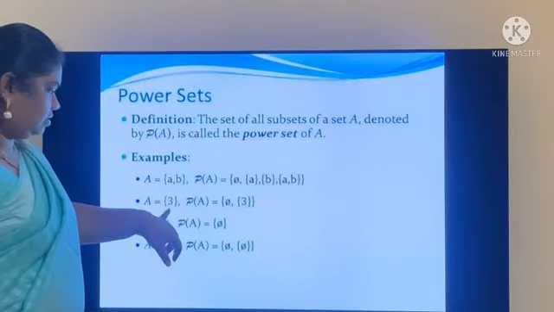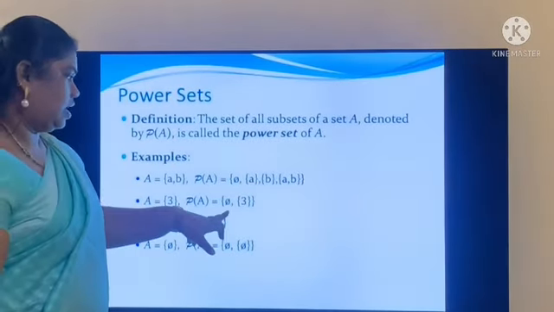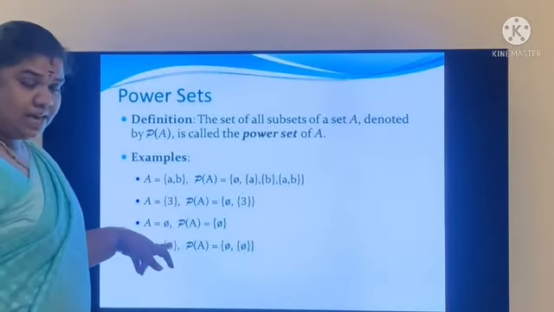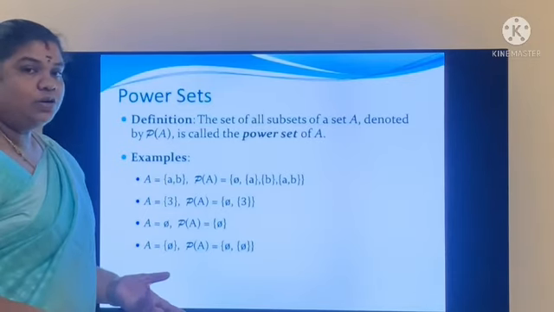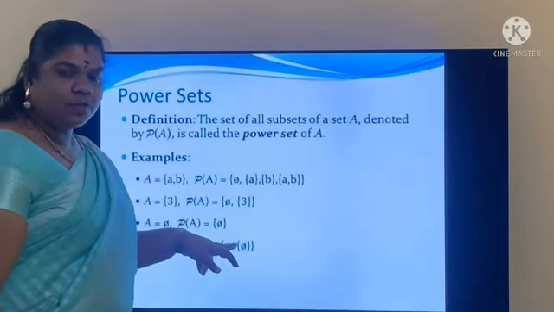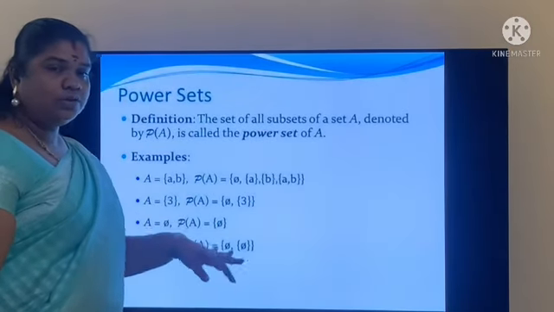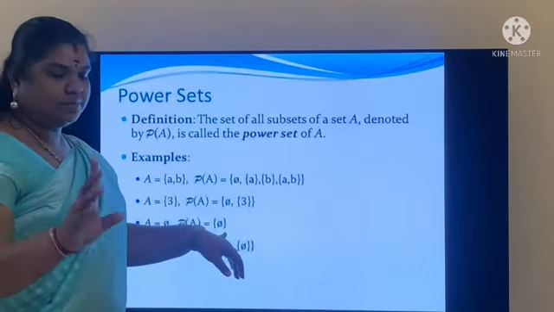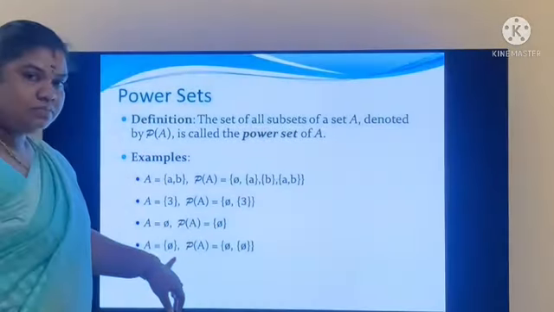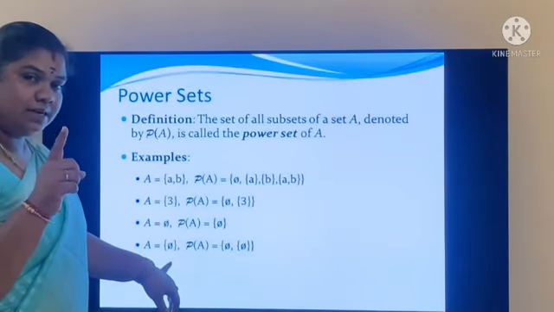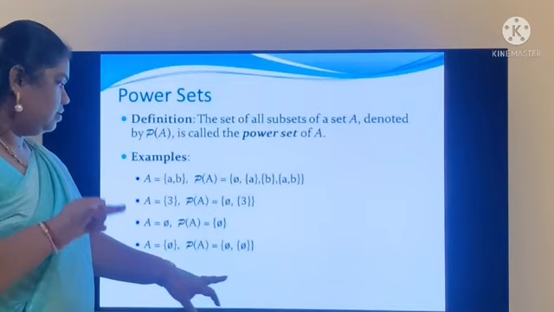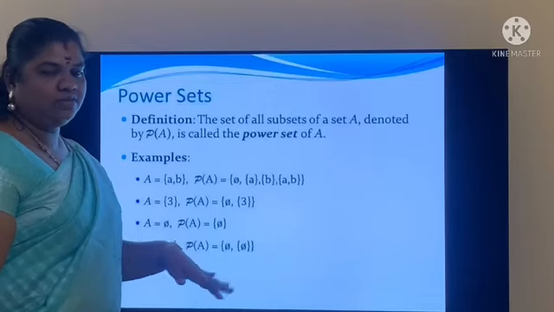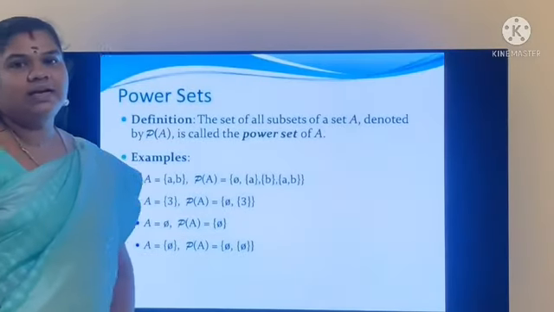Then take A having 3. So the first thing is null, and then 3 the next element. Then obviously if A is not having any elements, don't write anything here, because we don't have any elements. But you know that the null set is always going to be a subset of it. So the null set will be one subset present there. And here we have one element inside. So the null set and the set itself are going to be the subsets of this. This is what we call power sets.